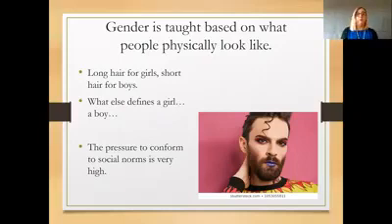So the pressure to conform to societal norms is really high, and we do that by moderating each other. So we say things like, oh, that's a bit feminine, isn't it, to a man that might be wearing something in a colour that could be considered female. And so what we're doing is we're controlling them. We're giving them little messages that say, don't wear lipstick, don't wear a pink shirt, those kind of things. So having a think about how our language is and thinking about in our society, what defines a girl and what defines a boy, and then starting to break that down a little bit too.